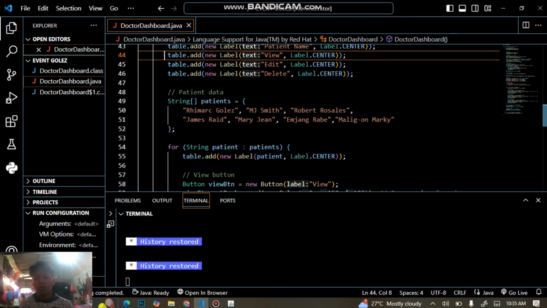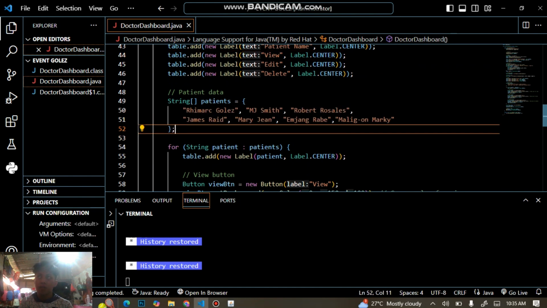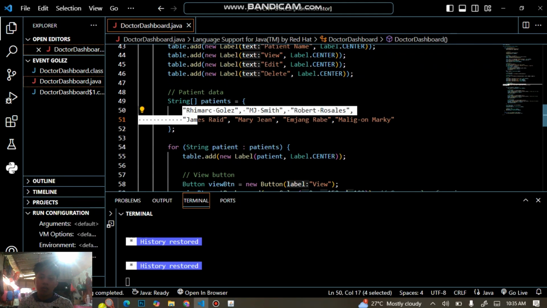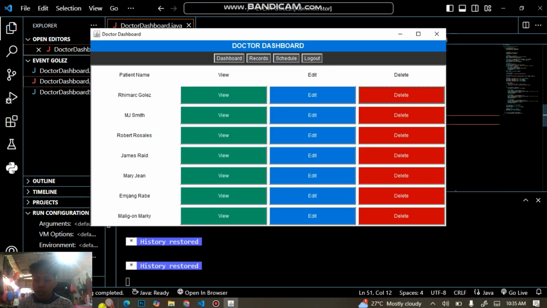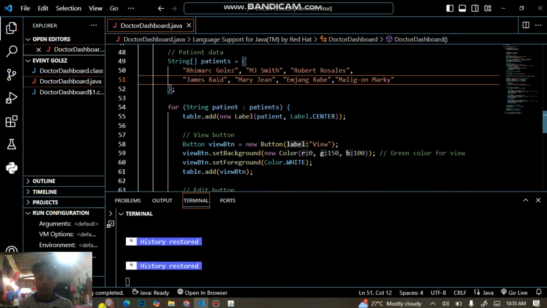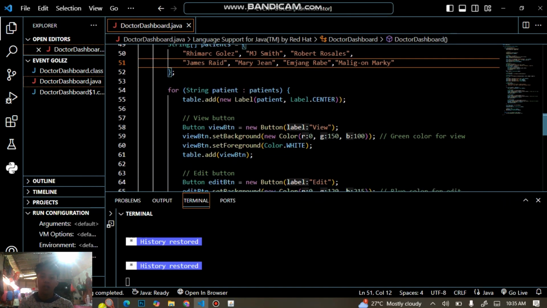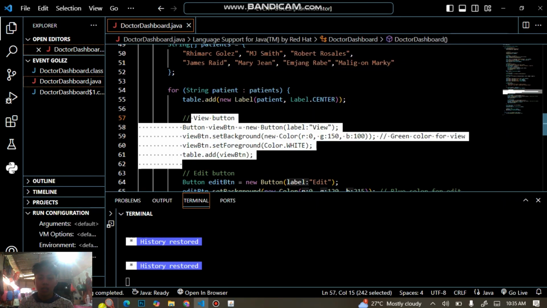So this is the patient data, as if we had a database. This is the name. The names here are Ray Margoles, MJ Smith, and Robert Rosales. Then this is the design for the patient,